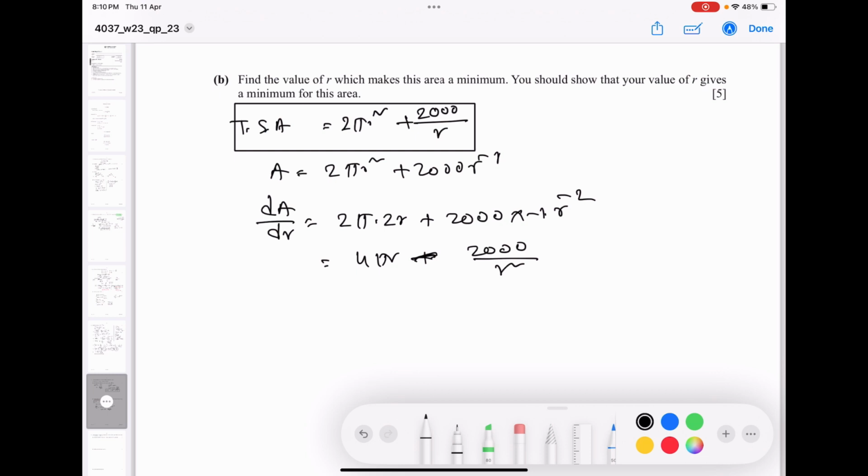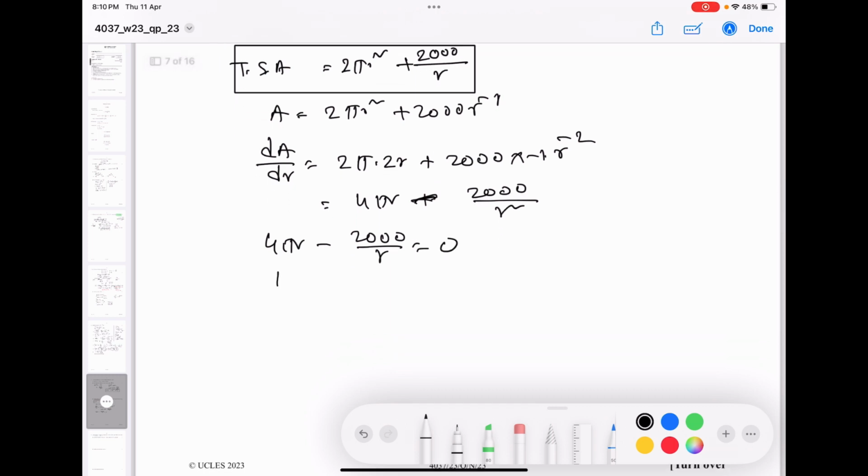And then for maximum or minimum, we can write this derivative equals 0. 4 pi r minus 2000 divided by r square equals 0. Let us simplify: 4 pi r cube minus 2000 equals 0. So r cube equals 2000 divided by 4 pi, and we can simplify this: r equals the cube root of